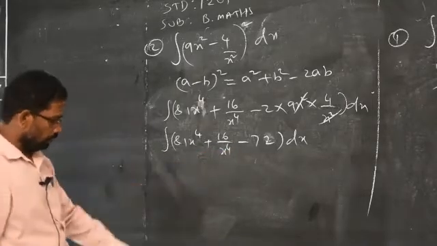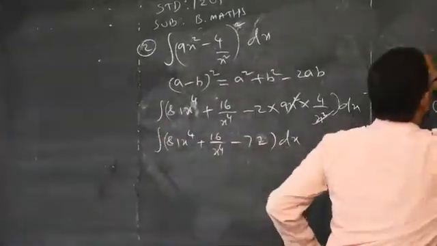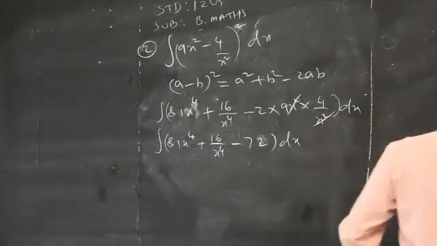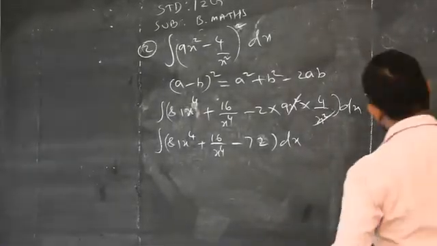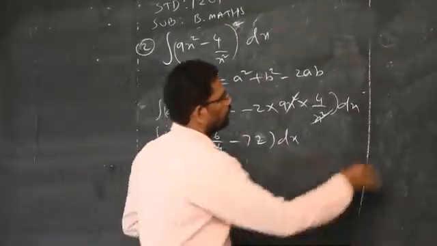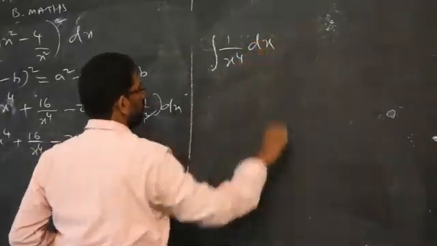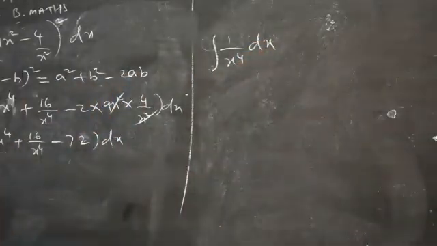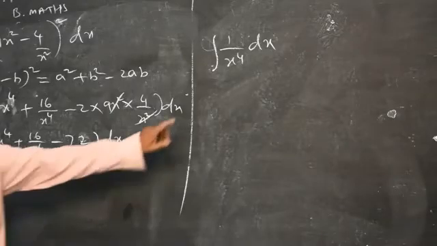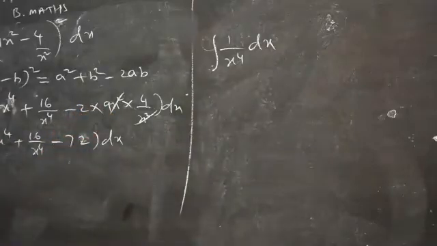Here for this alone, just listen. It is not given in that formula, but the actual procedure is, I will do 1 by x power 4 dx. If the variable is in the denominator, you cannot integrate. If it is only the variable alone, x alone, we have a formula that we will see in the next exercise.